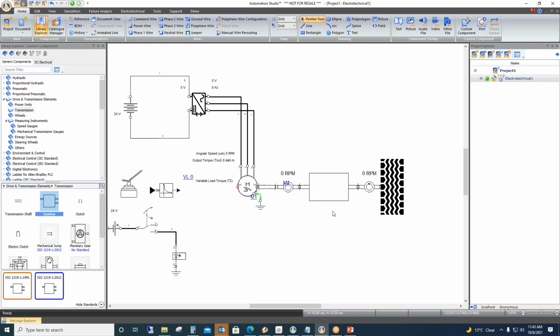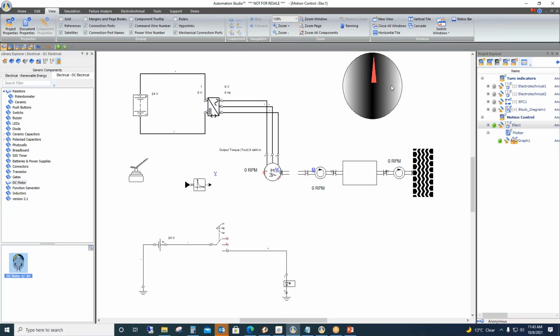Okay, so what I was saying is, so far, if you want to give it some visual aspect, like an animation or an indicator type of look, you can use the CAD from here, and you can link the angular speed variable of this motor to the CAD. We are having less time, so I'll directly open the file that I have here. So we have taken this CAD and this pointer, and we have linked the angular speed to this pointer.